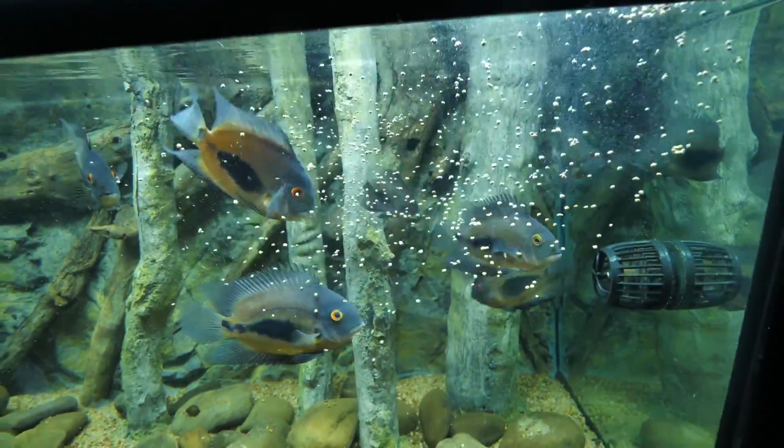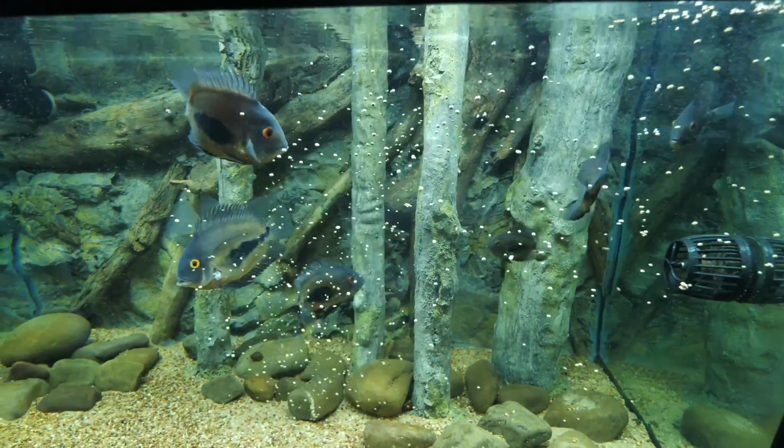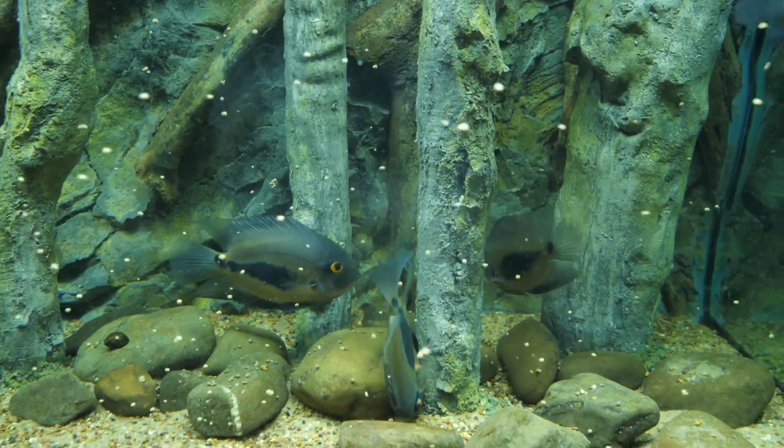But so will the bass. The bass will definitely eat a lot of frozen foods. The angelfish are a different story. Those guys can have a varied diet, so I keep them on one, based on the limited amounts of dry foods that I like to keep and the fact that I need to